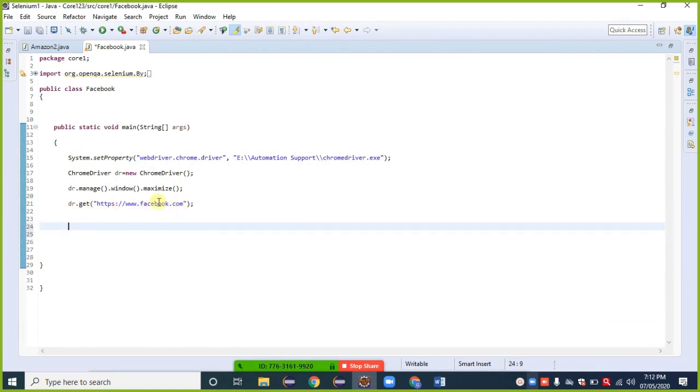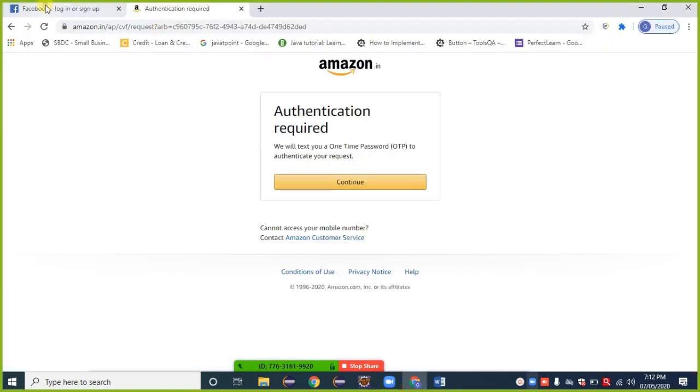By using this step, the Facebook URL gets opened. This one.